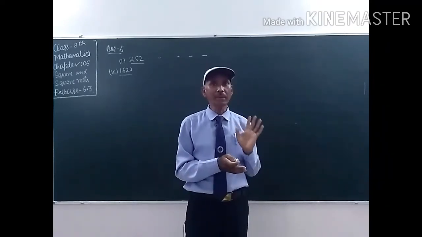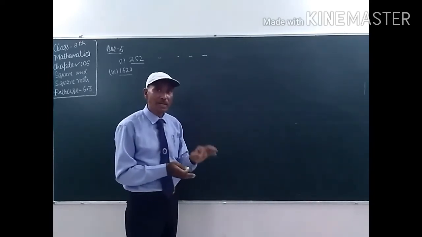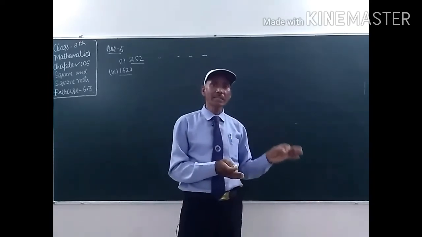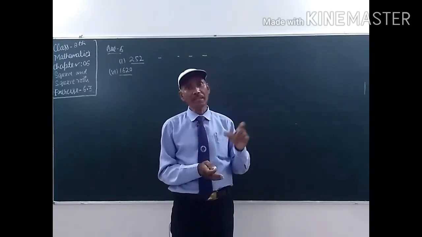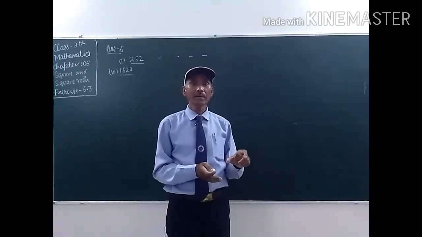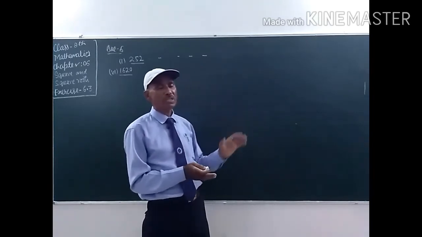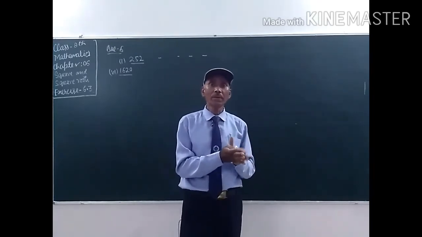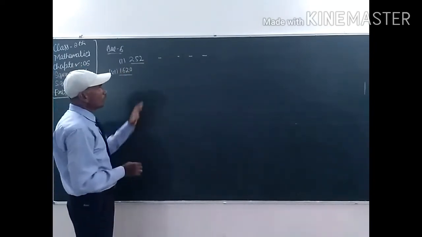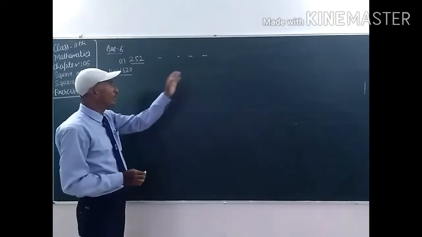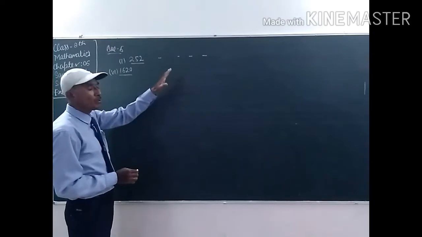These given numbers are not perfect square numbers, student. Clear? So you have to find the smallest number by which we divide this number to make it a perfect square. After that we have to obtain the number and find the square root of that particular number. Clear, student? So this question is just opposite to question number 5. We have written only 2 parts and we have to solve these 2 parts and you will do the other parts yourself.